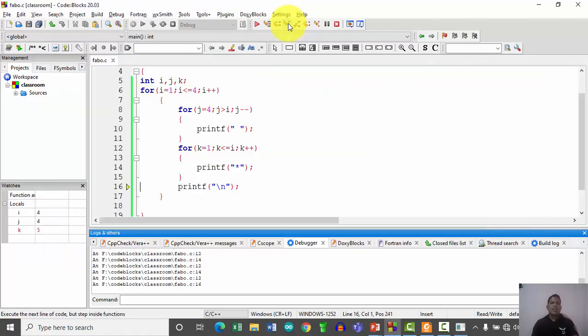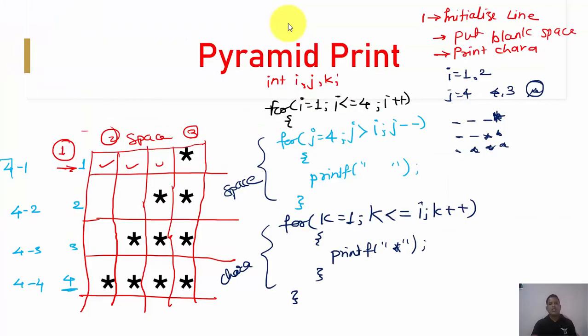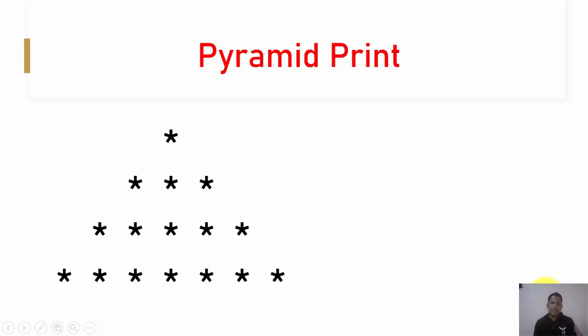Okay, so again, as per the requirement, simply by replacing the star mark by putting the value of either I, J or K, we can customize it and display the number instead of this character. Now let us check the next one, the most important and a little bit tricky pattern. Let us consider this pattern.